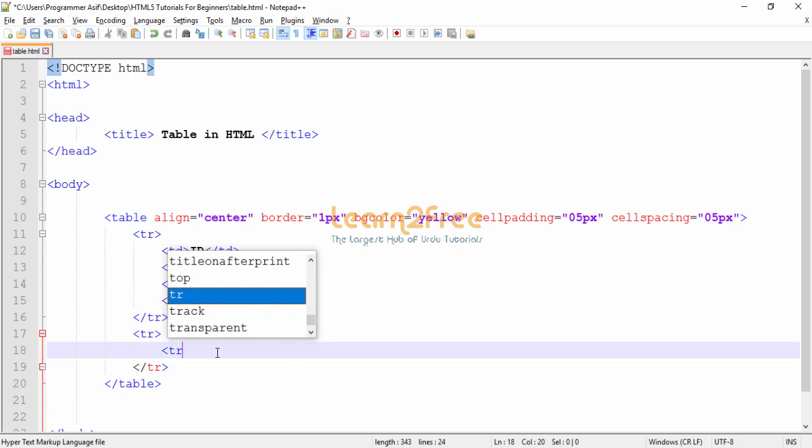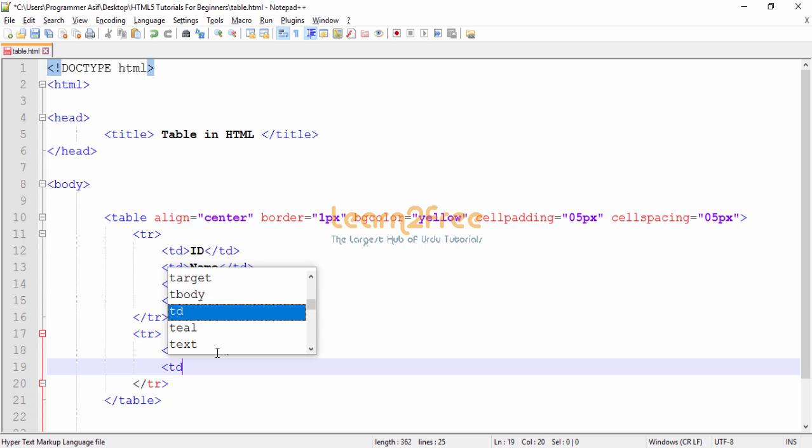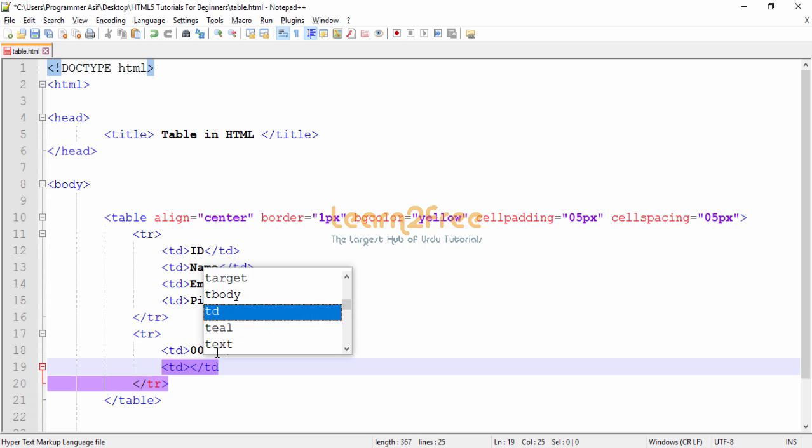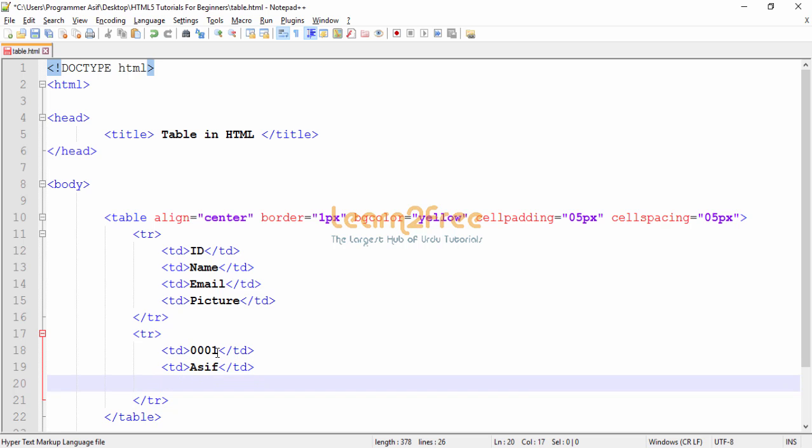So I use, for example, td again. Td means table data, and id 00001. td second column, asif, and third column, admin,